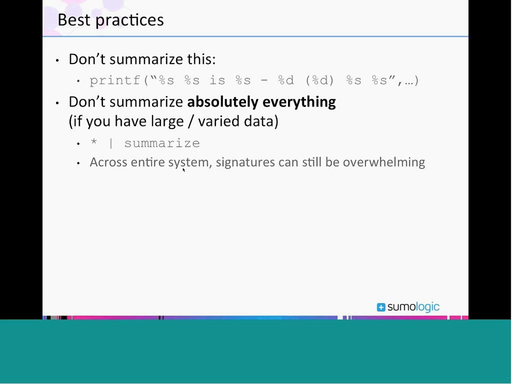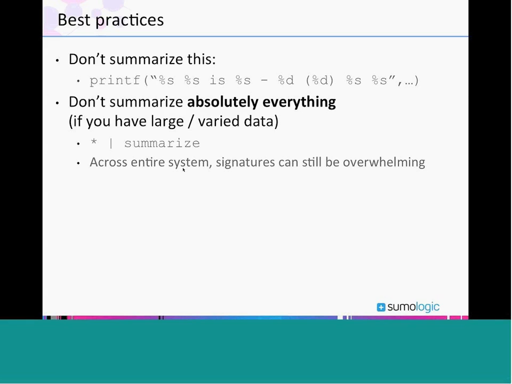So in the examples we walked through, where we said let's do error analysis or root cause analysis, what's really helpful is to do at least some filtering to break it down and say, okay, let's focus on one or two specific components, look at their logs, and run summarize on that.